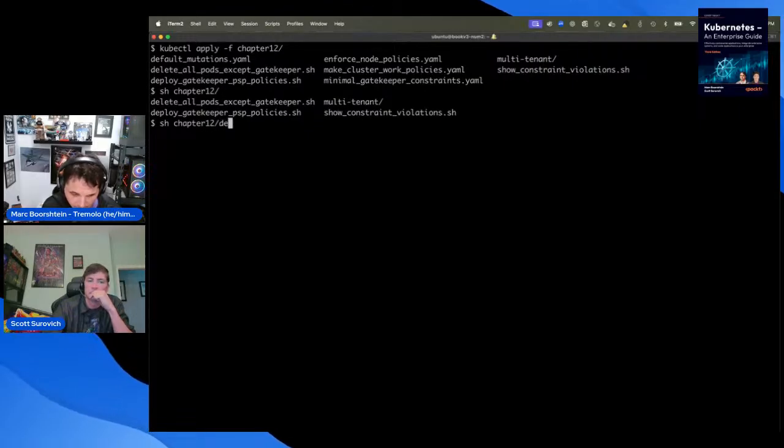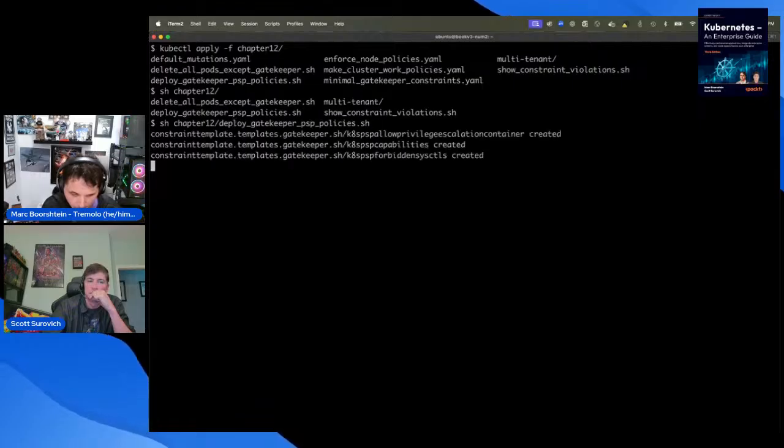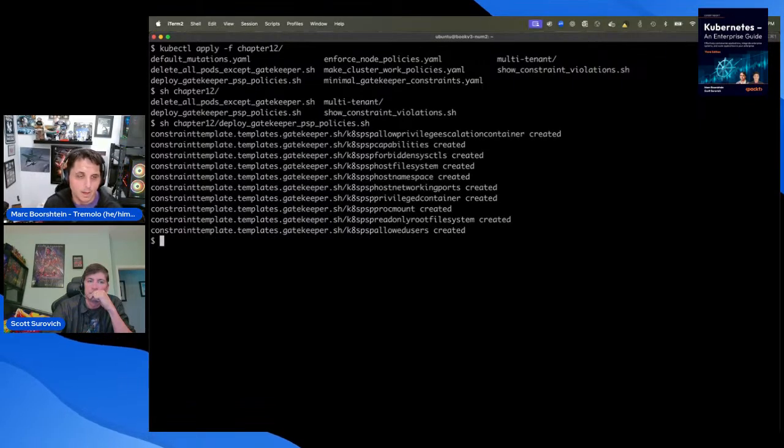Deploy Gatekeeper PSP policies. There we go. The Gatekeeper team put together a set of policies to mimic what pod security policies did. It's a good starting point, so we deployed those into our cluster. Now we have these policies.